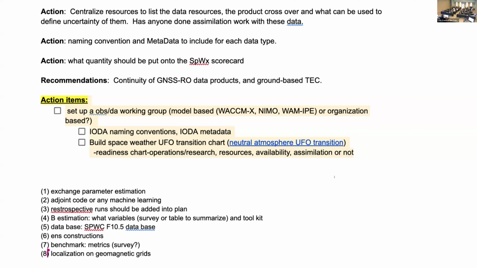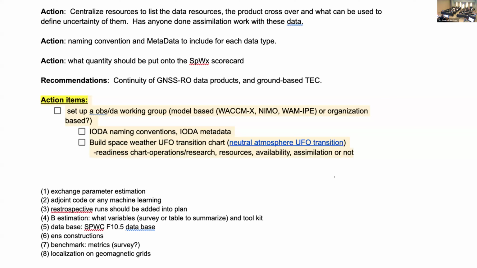And also, we originally proposed maybe we can have a model-based working group. I just got a comment from Sway saying that we also need to consider that some agencies may have some input rather than running a model yet. So anyway, we can discuss that. But we can start with the existing models, at least with the DA capabilities, and merge some other members into this working group.